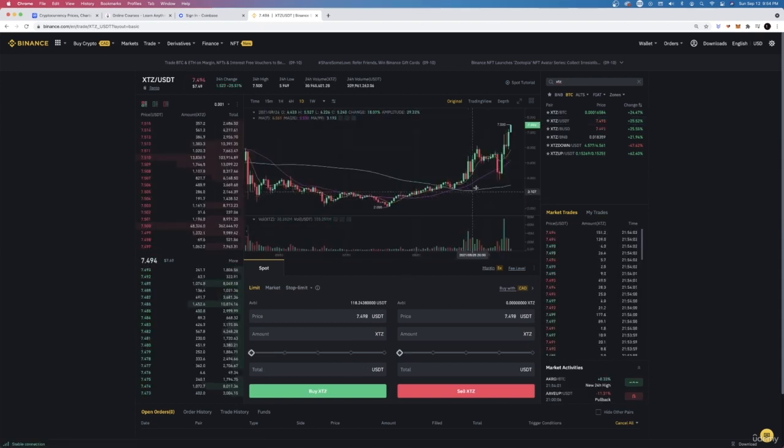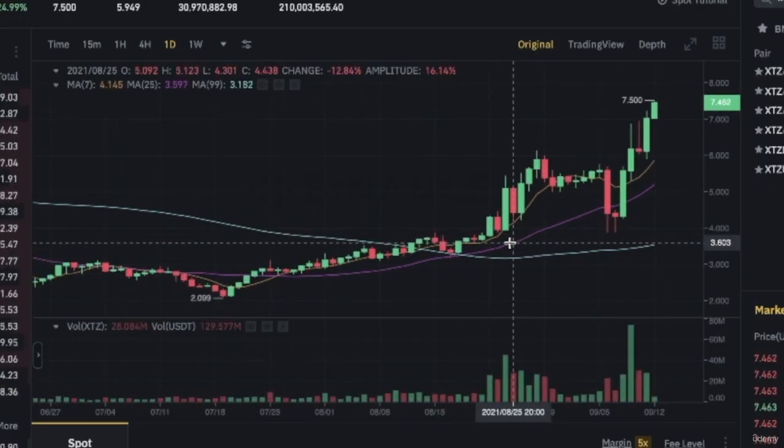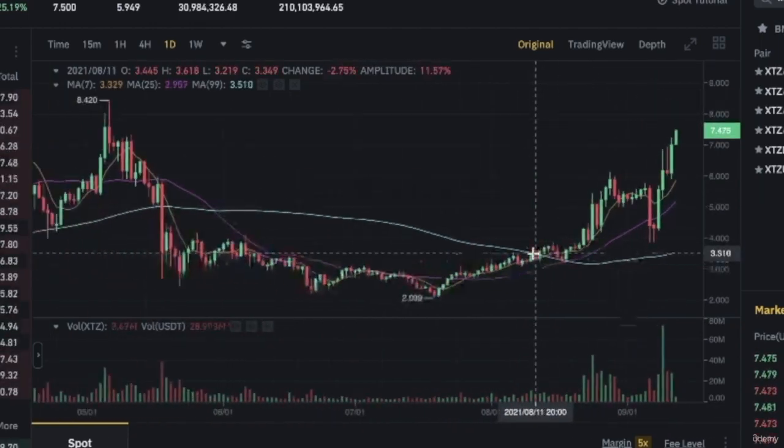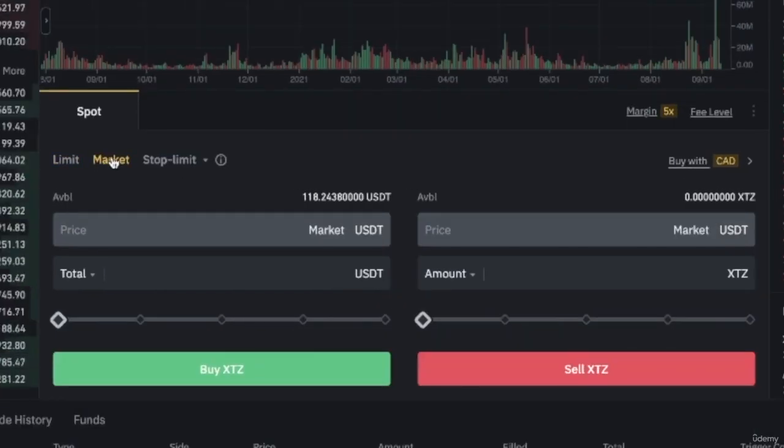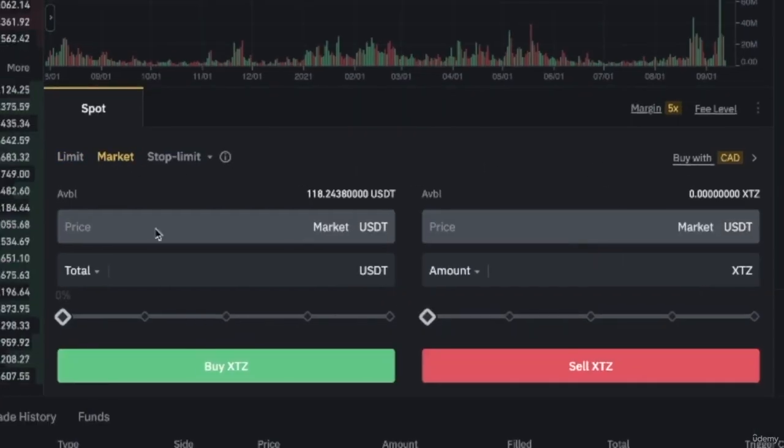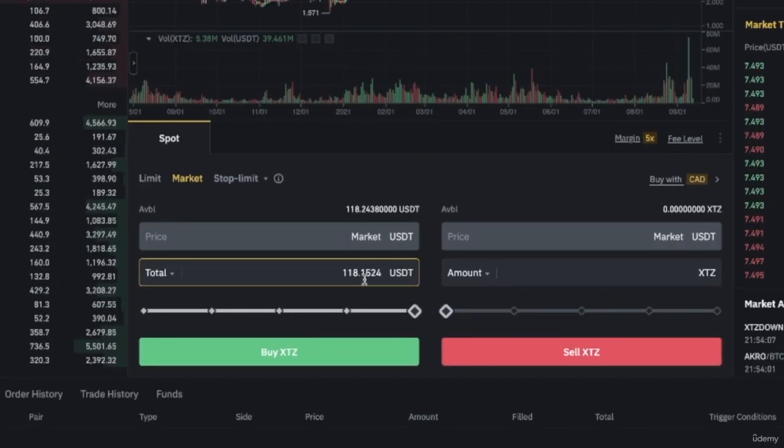I think it's an undervalued coin. So I bought it about here, and the coin's been running. It's been doing well. I'm bullish on it long term. I'm going at this with a long-term approach. So again, the market, we're going to buy it at the market price, buy XTZ. So now we're on the left side. We are going to buy as much as we can. So we have $118,